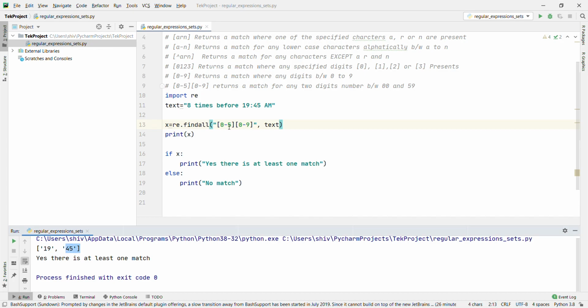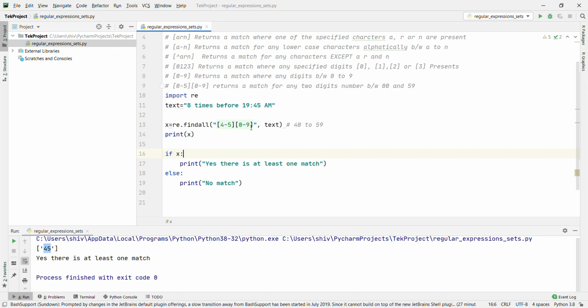Let's go with this one. Instead of 1 to 5, we are going to say 4 to 5. Then what will happen? It will print the first one 4 to 5. Then it will print only 45, because this is now a range for 45, 4 or 5. Right? 40 to 59. Okay, because the first one goes from 4 till 9 and the second one goes from 5 till 9. Okay, that's why it's only going to print 45, right?